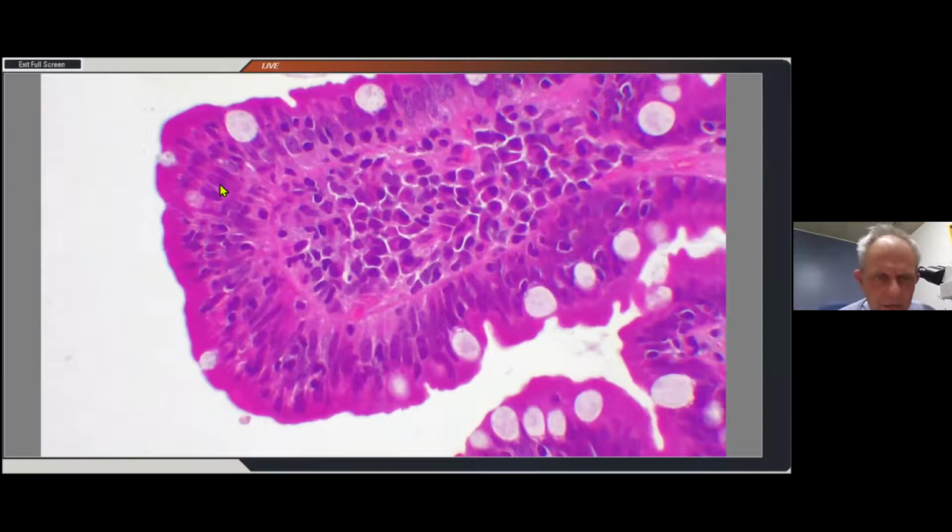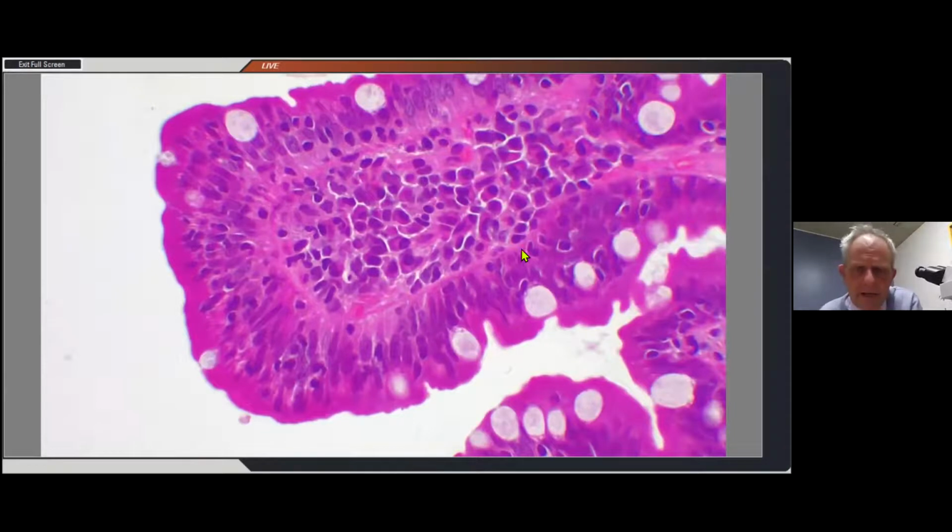And you can see all these lymphocytes, and you're supposed to count 5 villi with 100 epithelial cells, if I remember correctly, and count the number of lymphocytes per 100 epithelial cells. And you should not have more than, I think it's 20, if I remember correctly, per 100